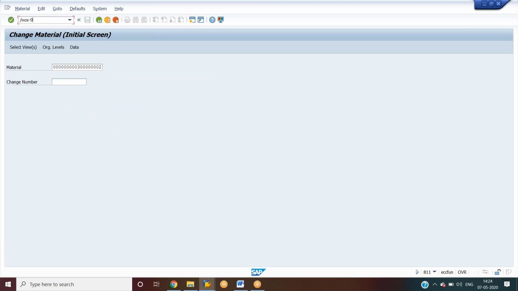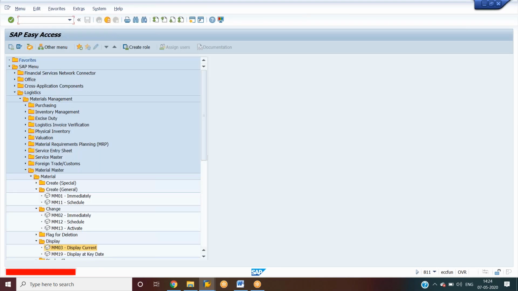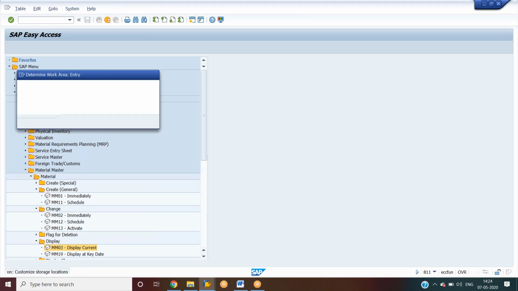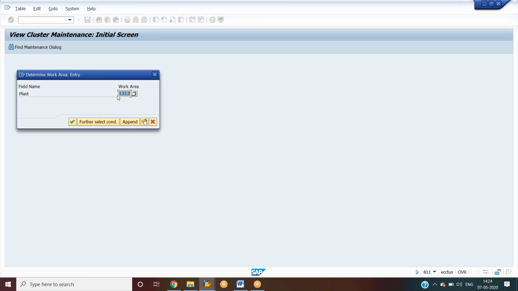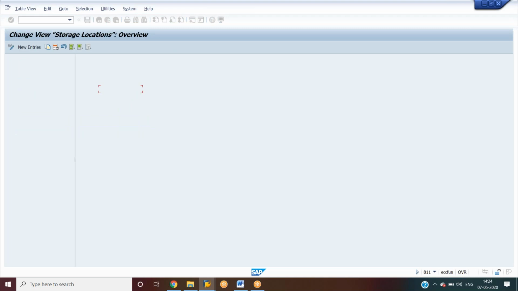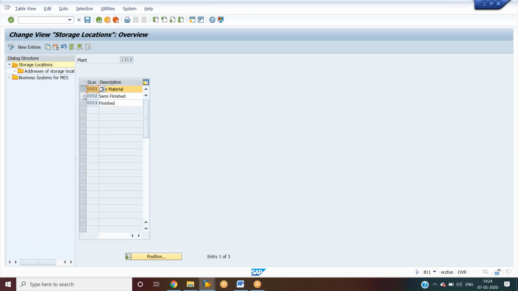The transaction code to check the storage location is OX09. So this is the plant. Under the plant we have 0001, 0002, 0003. These are all the storage locations we have under the plant 1313, right?